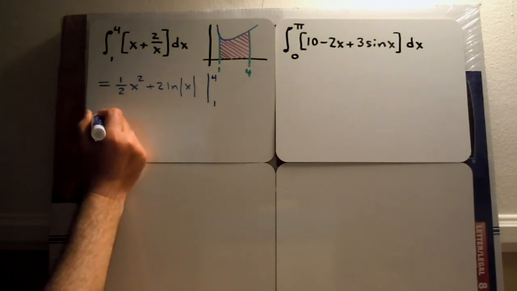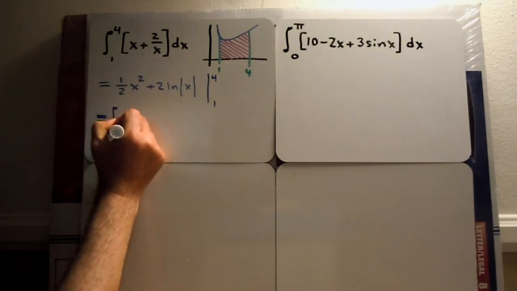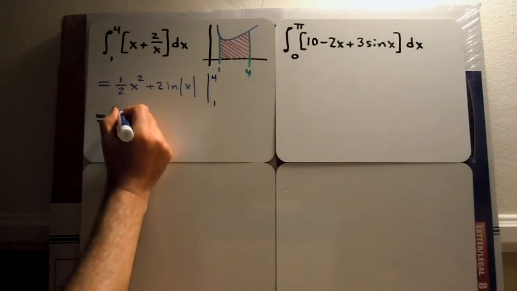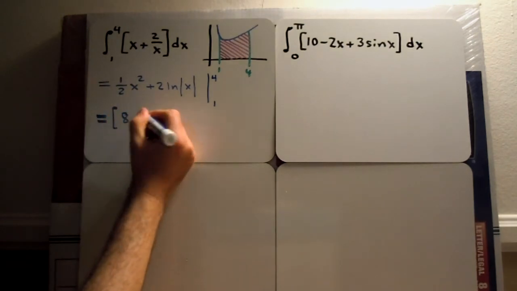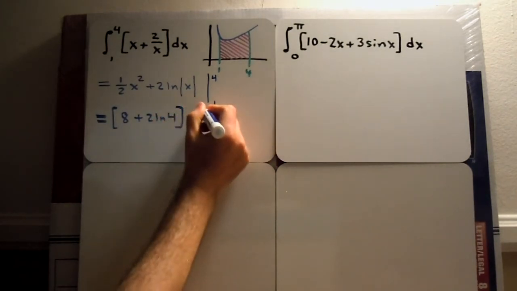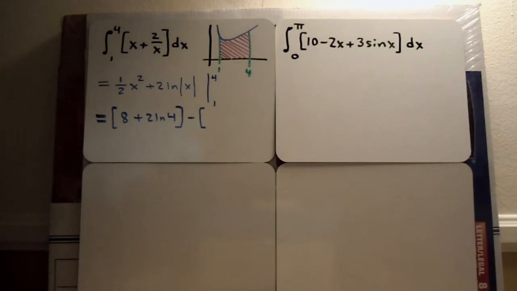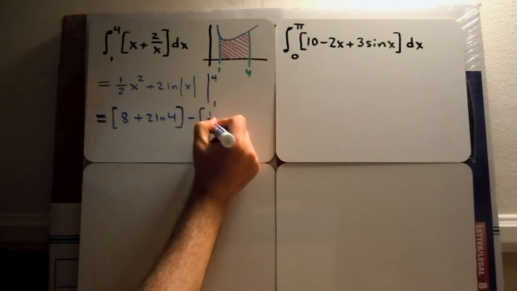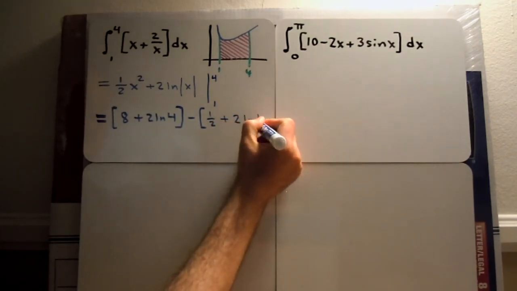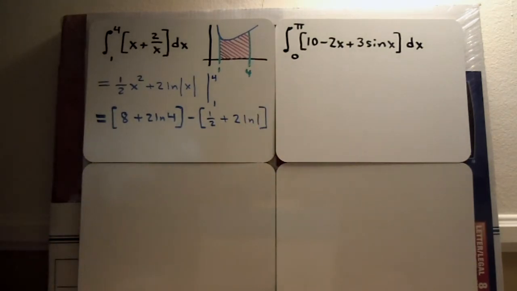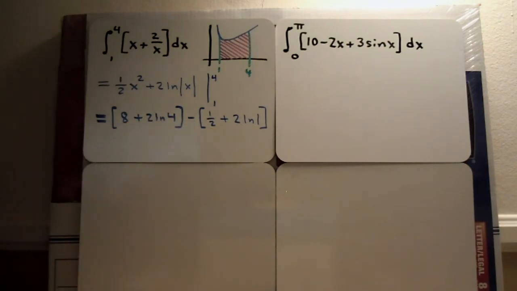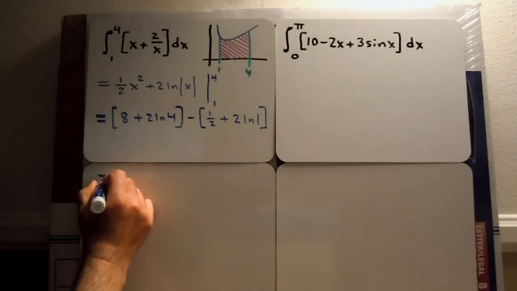And then evaluating these at the endpoints, we're going to get 1/2 of 4 squared, which is 16 divided by 2, 8, plus 2 times the natural log of 4, minus the value at 1. 1/2 times 1 squared, you simply have a 1/2, plus 2 times the natural log of 1. And then simplifying this, we are going to have 8 minus 1/2, which is going to be 15 halves,